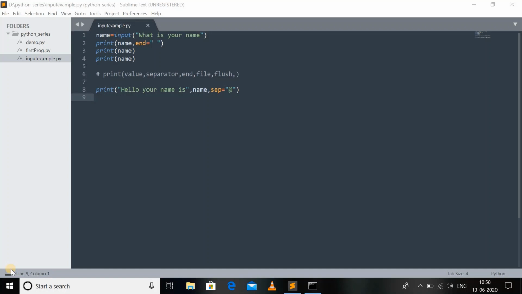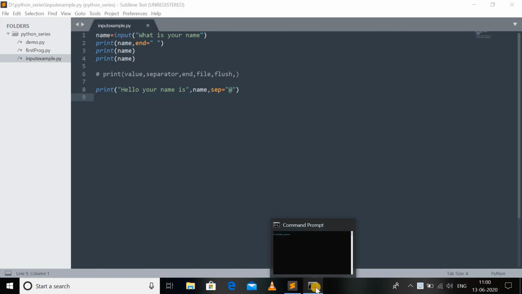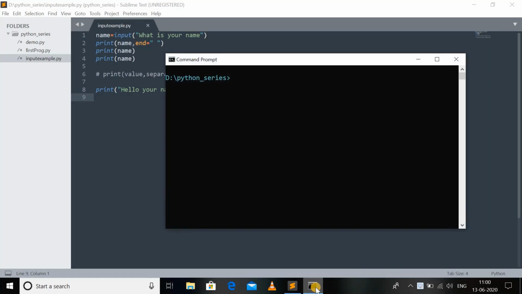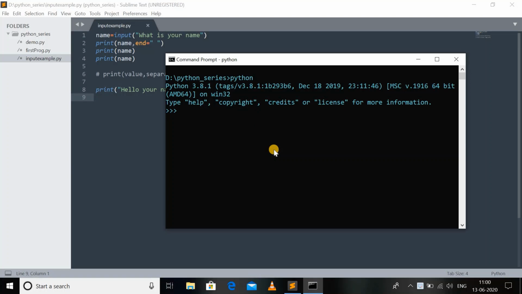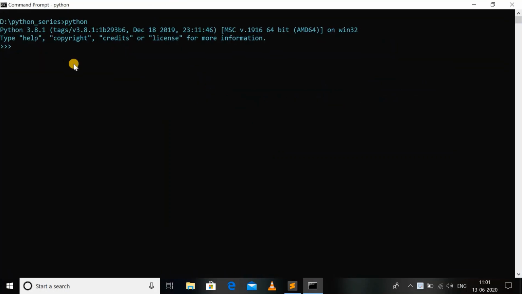So let's get started. We just need to open the command prompt and type python, and the command prompt will be automatically converted into the Python interactive shell. Strings are the data type that is used to store text data. To create string literals, we need to enclose them inside single or double quotes. So let's create some variables of it.